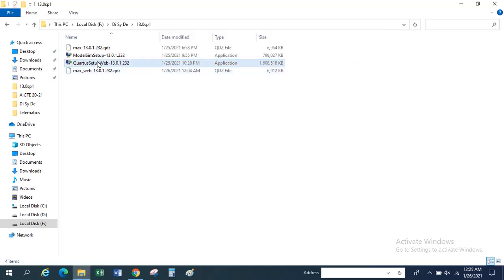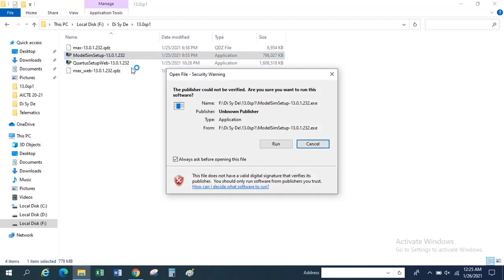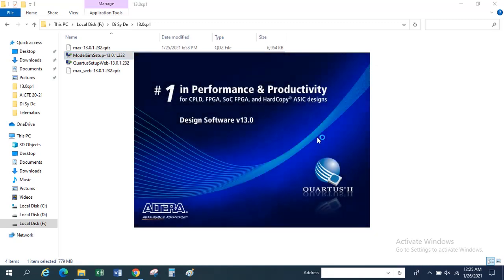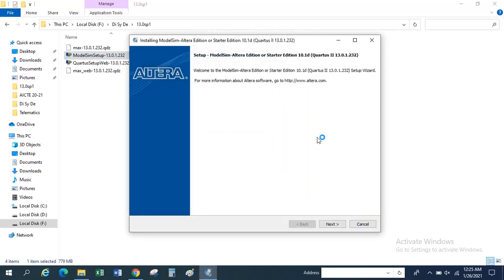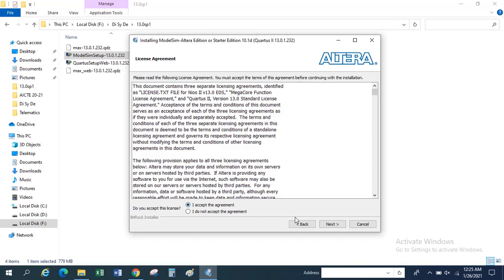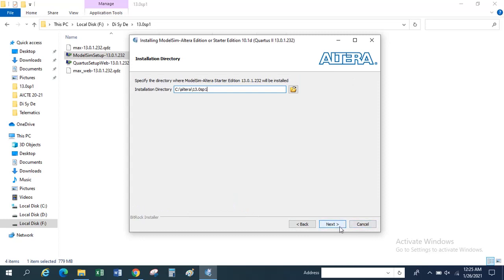As you can remember, we have downloaded 3 files, and out of which 2 are exe files. And if we try to run the other exe file, that is the ModelSim file, okay, one we have run, Cortex 2. Now we are running ModelSim. If you try running ModelSim, it says again we have to say next here. So if we say next, then this message is coming, and it says key. Okay, select the path. Okay, done. Agreement. Okay, done.